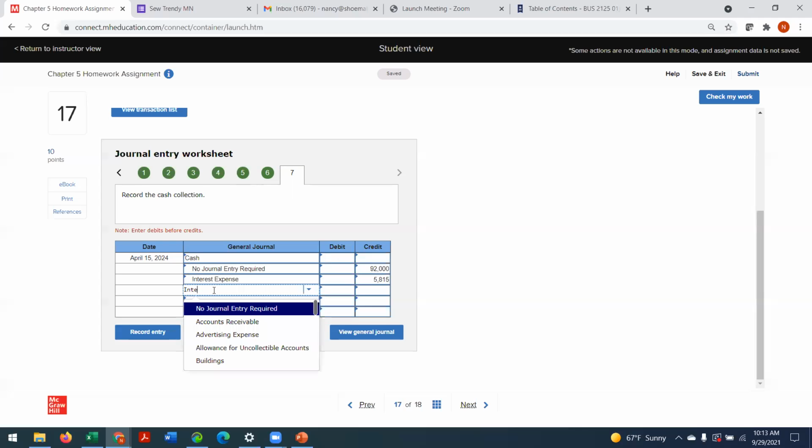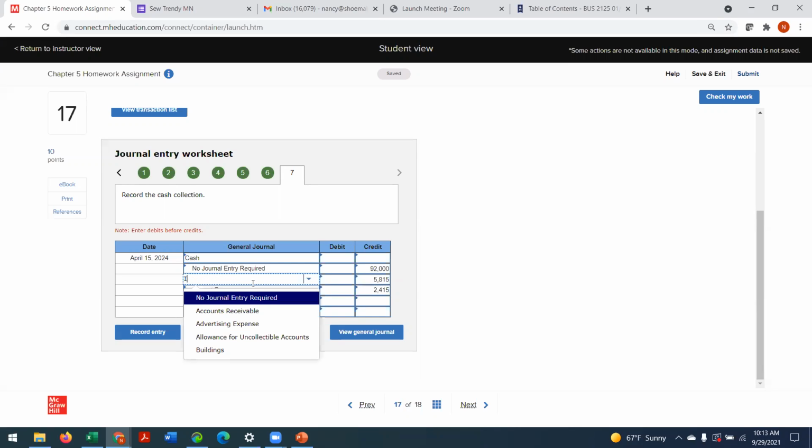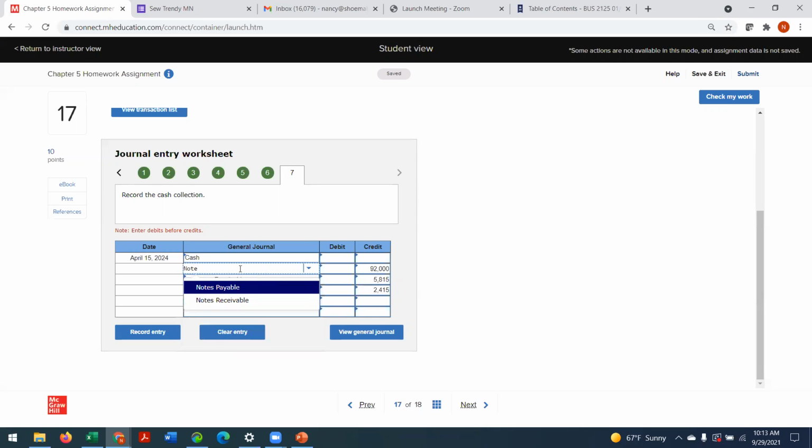And we're going to have our interest revenue for those 3 months, which should be $24.15. Interest revenue. And I don't want interest expense. I want interest receivable. See how I screw that up? And this was note receivable. So all of those should total our cash